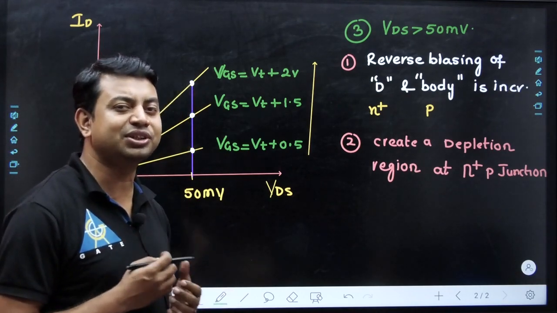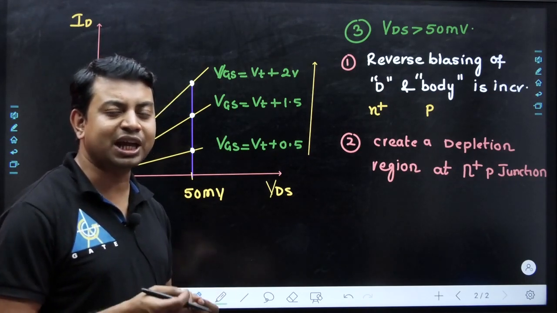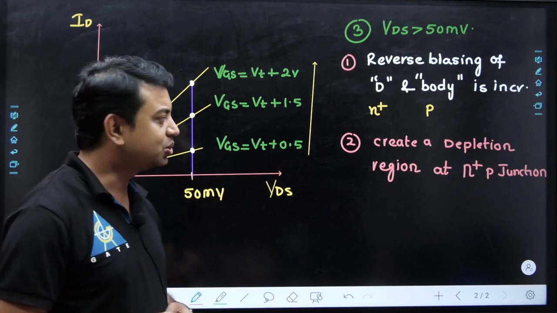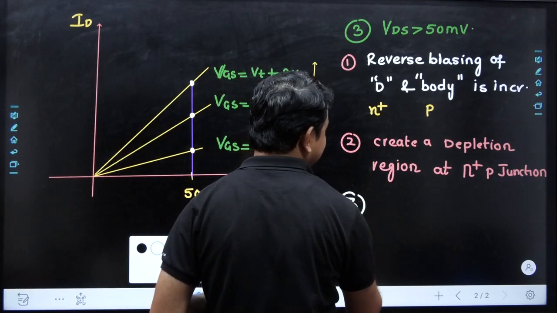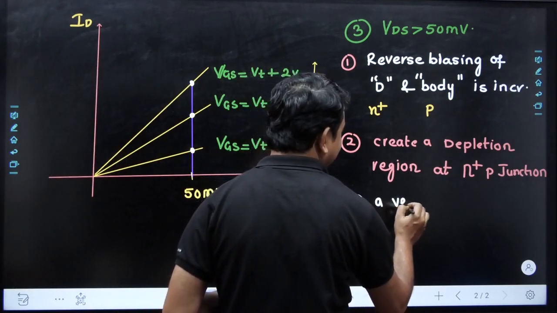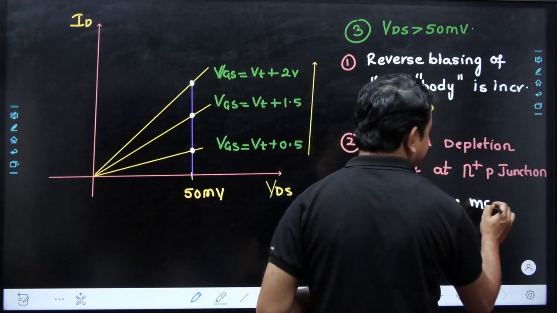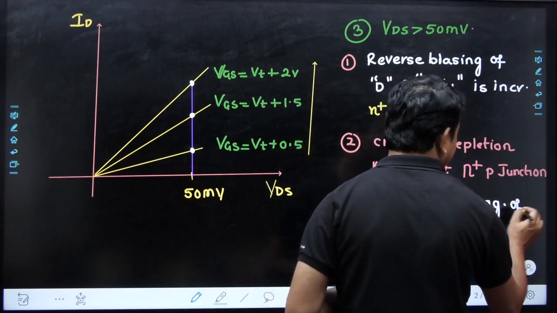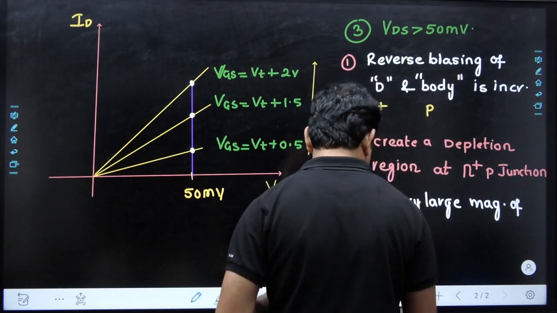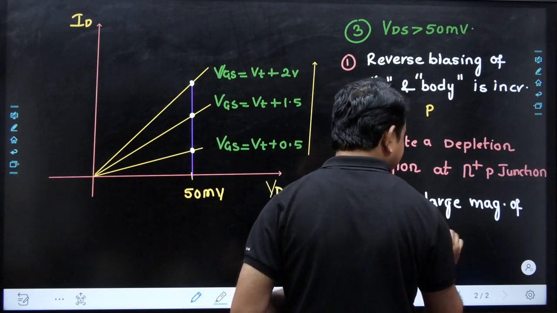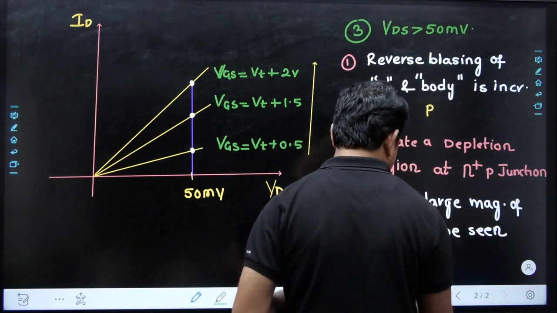If the electrons are removed from the junction, then what will happen? The junction will have an electric field. So we have the third point, which I just add here: a very large magnitude of electric field can be seen in this